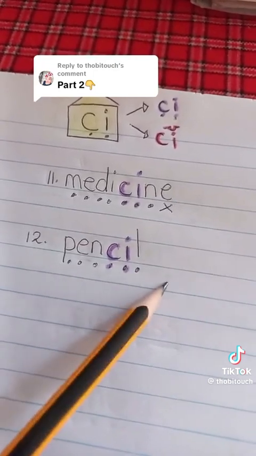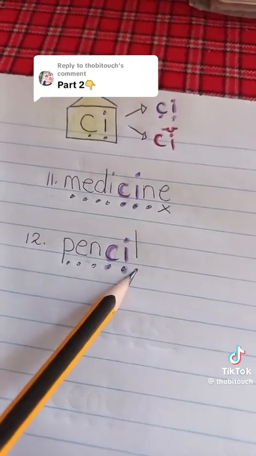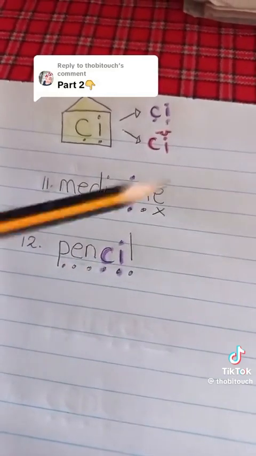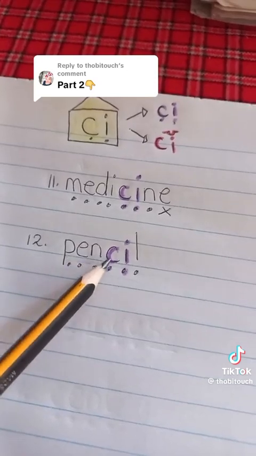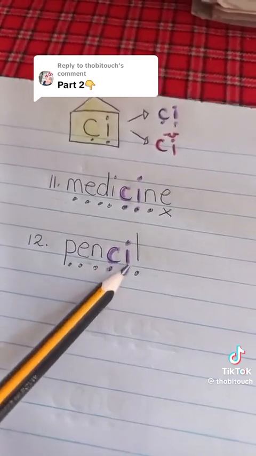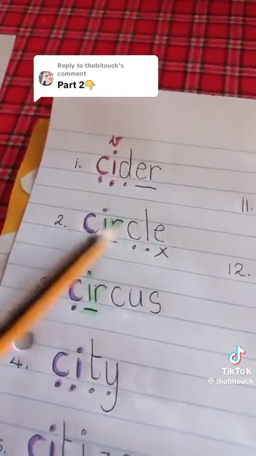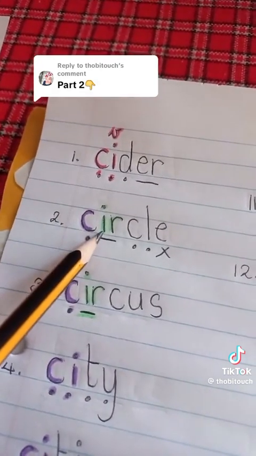P-E-N-S-E-L, pencil. This that I am using to point is a pencil. And we spell it P-E-N-C-I-L, pencil. The reason I left these ones for last is because in the spelling we can see C-I,